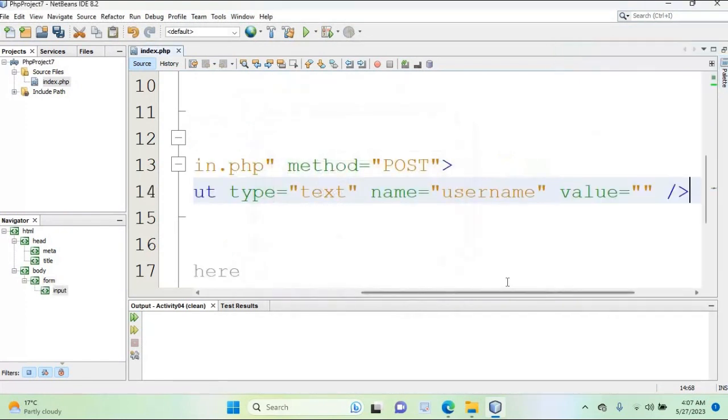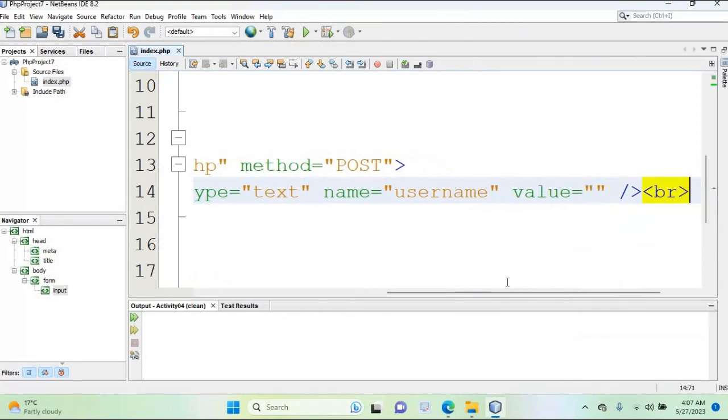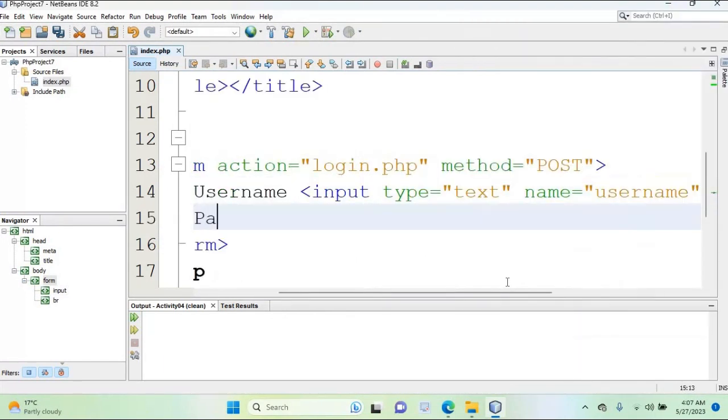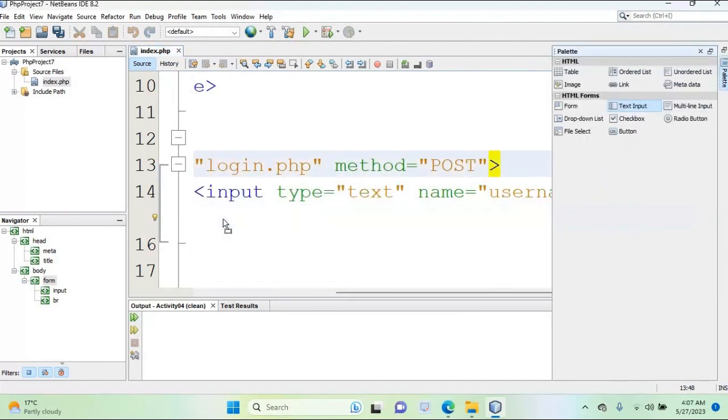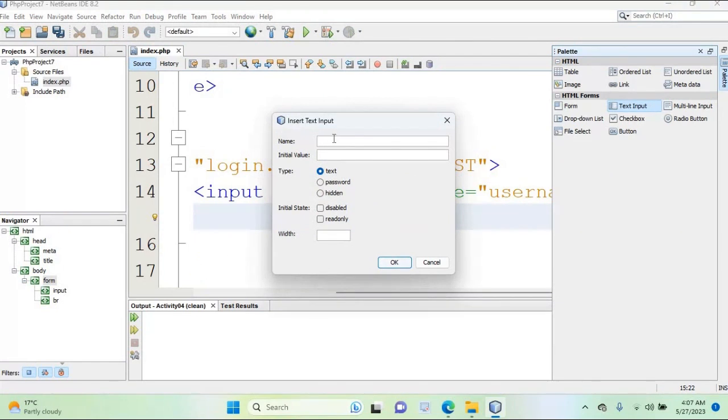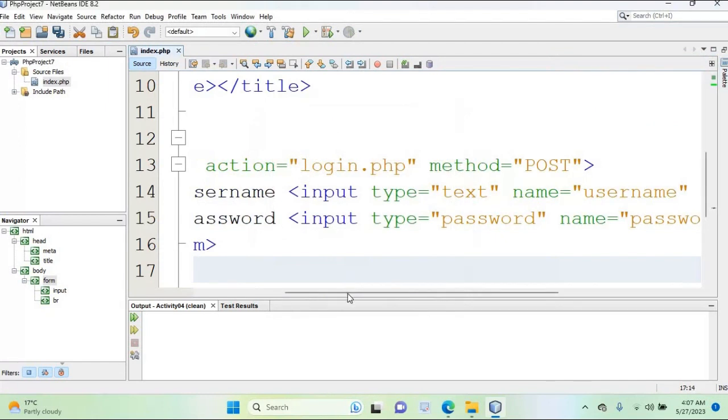I will click OK, and we will have breaking tag here, and then the next one is password. So here I'm going to add a text input again, and now this will be password, the name, and here the type is password now. Okay, so this type is password. I'm going to click OK,